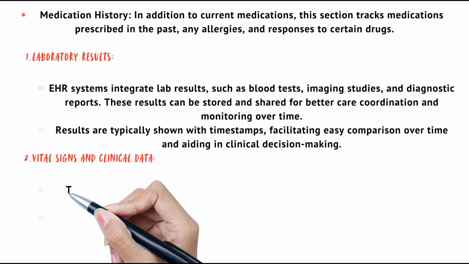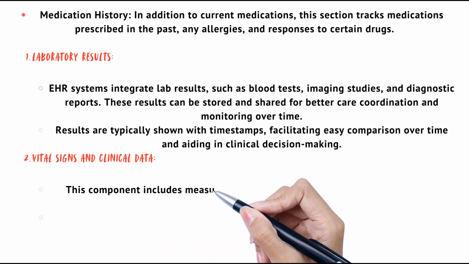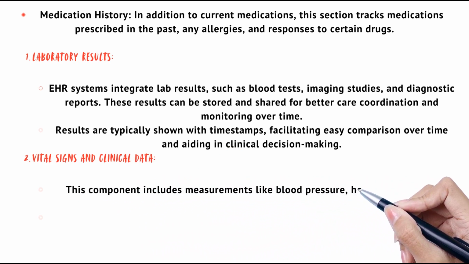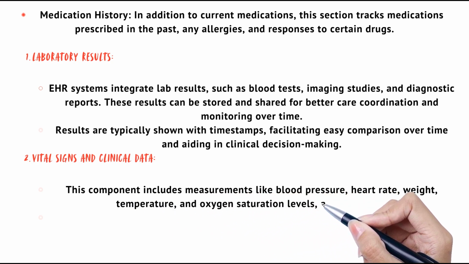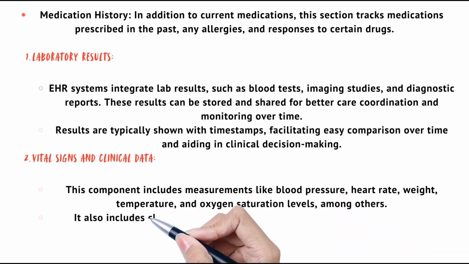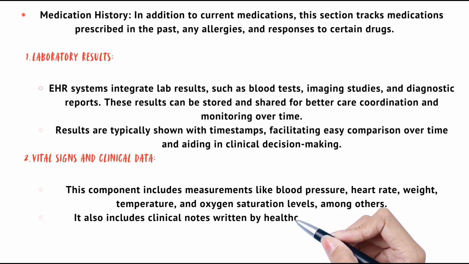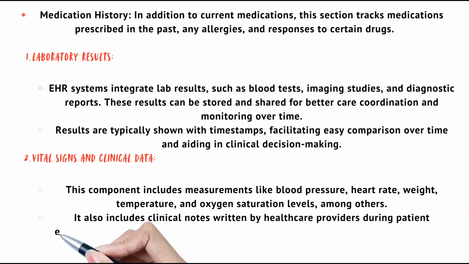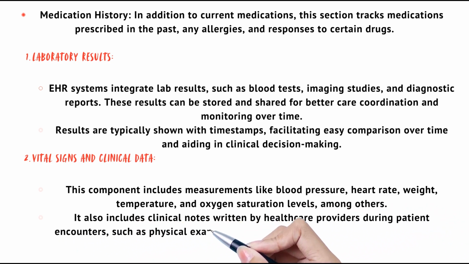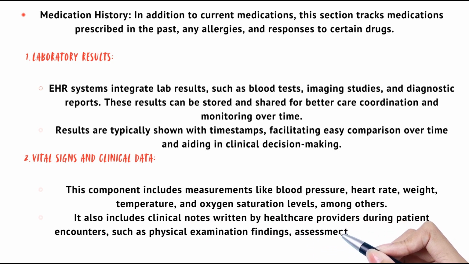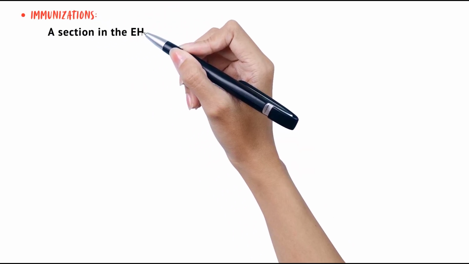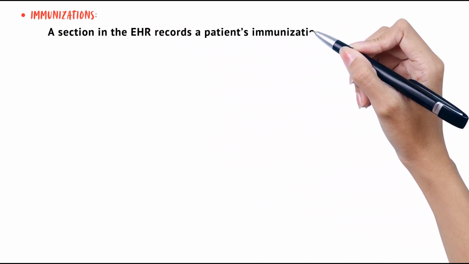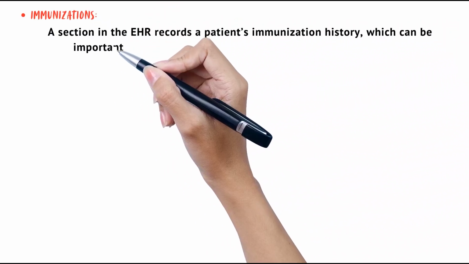Vital signs and clinical data. This component includes measurements like blood pressure, heart rate, weight, temperature, and oxygen saturation levels, among others. It also includes clinical notes written by healthcare providers during patient encounters, such as physical examination findings, assessment notes, and treatment plans. Immunizations. A section in the EHR records a patient's immunization history, which can be important for preventive care